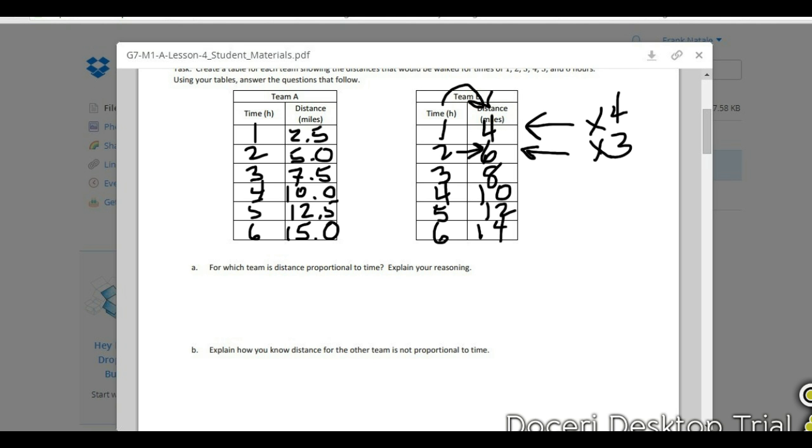But with A, you could always predict at a certain time how many miles they would go, if they're going to walk at such a consistent rate, which has got to be a very difficult thing to do. So answering question A, for which team is distance proportional to time, that would be A, and if you were going to explain your reasoning, you would just say that for every time